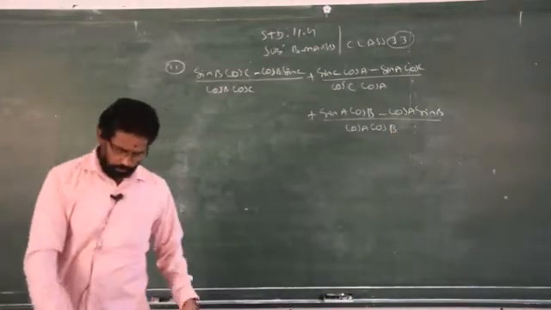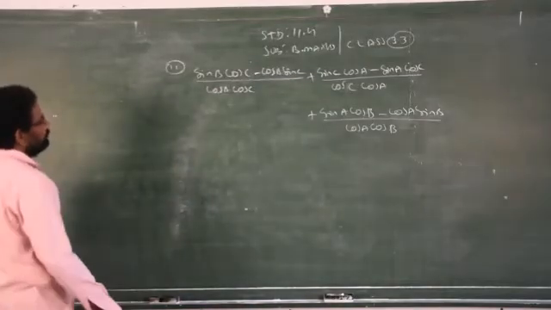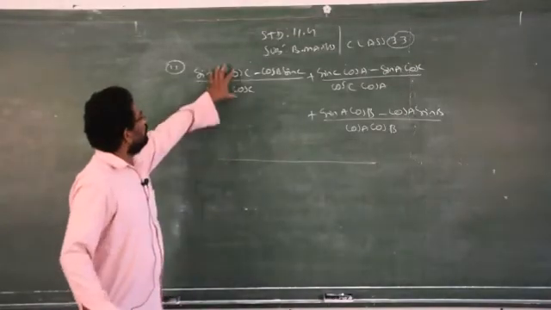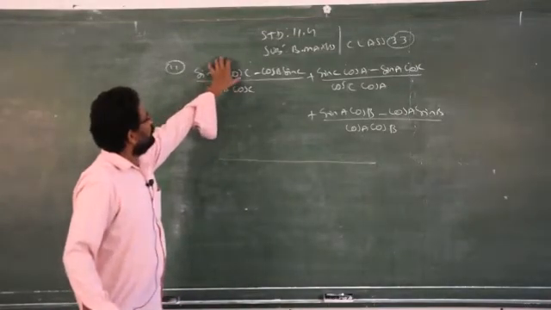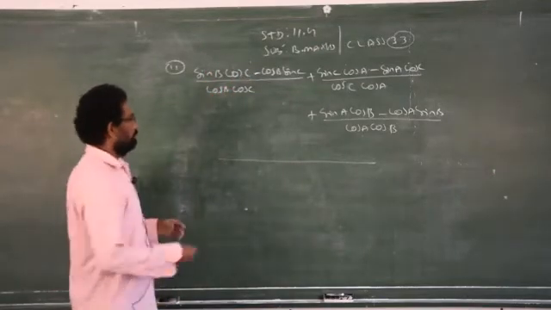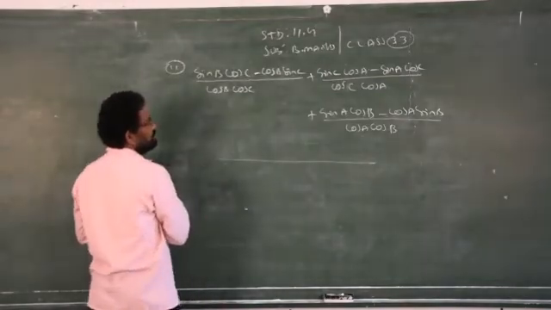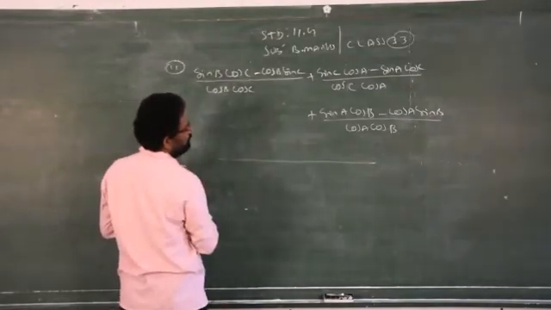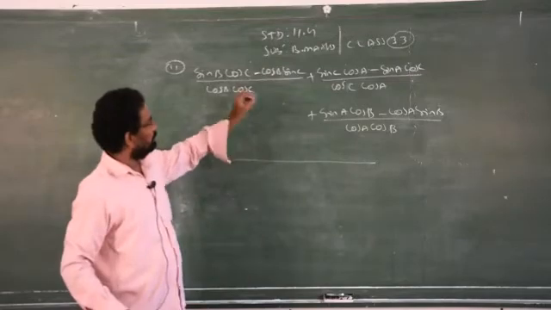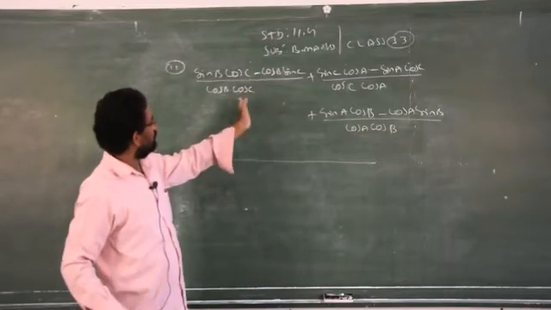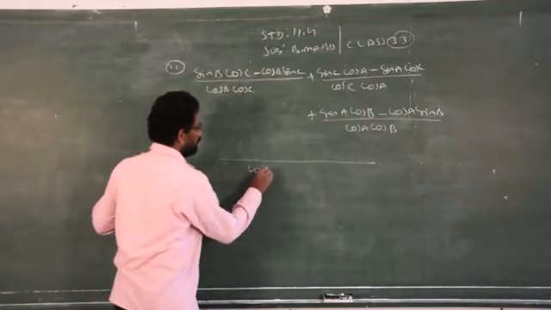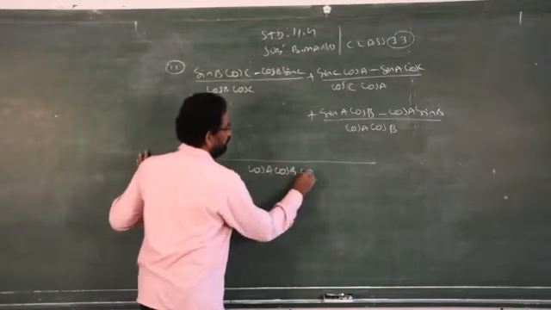So you have to prove this is equal to 0. There are so many methods. You are allowed to separate the numerator with respect to the denominator, clear, but better you go for the LCM method. So what are the denominators? Cos A, cos B, cos C. Do you have any other ratio than cos A, cos B, cos C? No, everything is only in terms of cos A, cos B, cos C. We don't have any other ratio in terms of sin or tan. So you have to take the LCM as cos A cos B cos C.